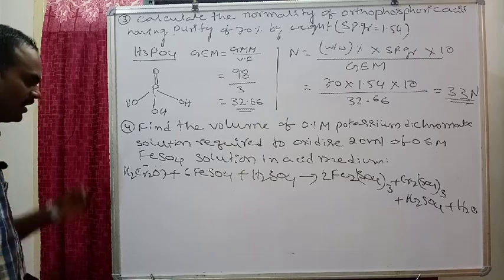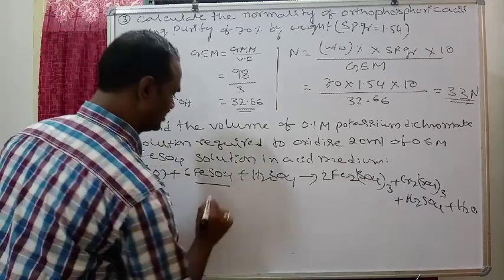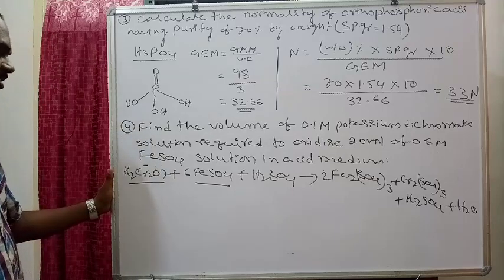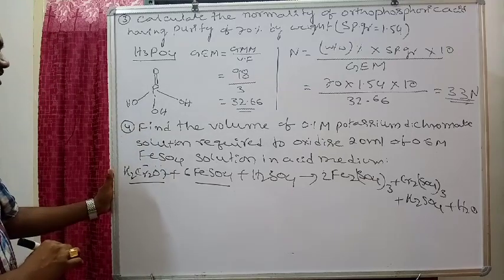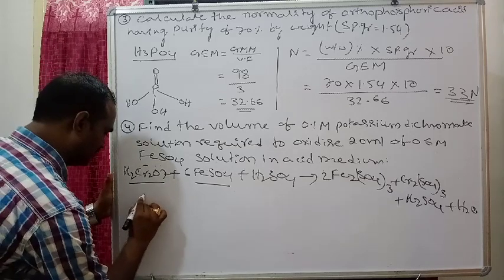So to do this problem, this is reactant 1, this is reactant 2. Is it clear? In a redox reaction, to calculate molarity, one formula we are writing, that is